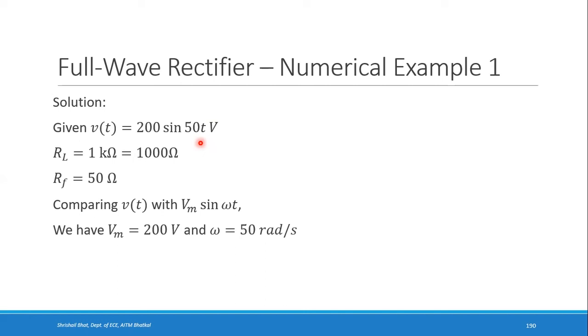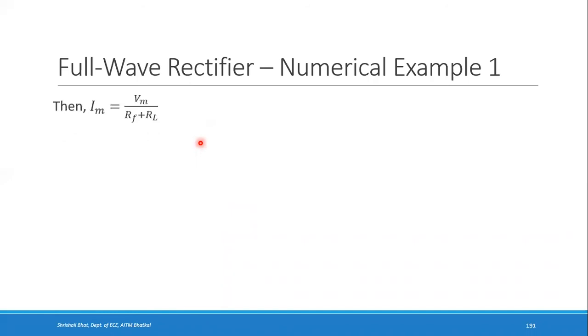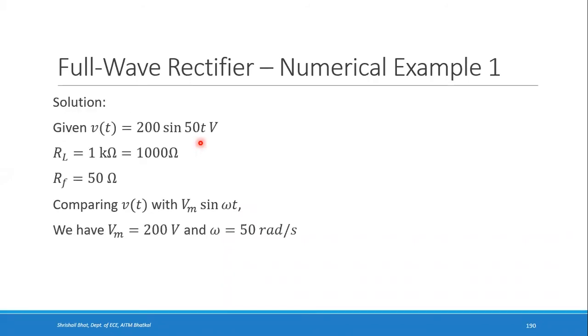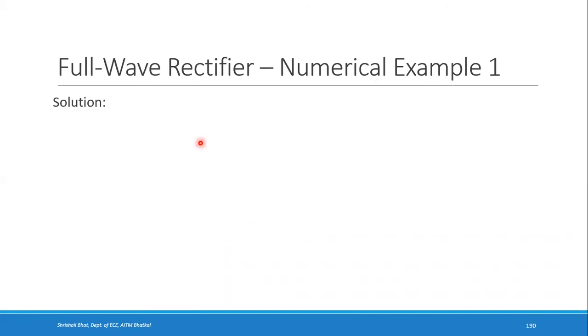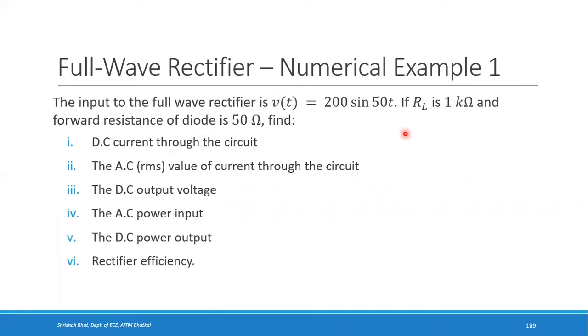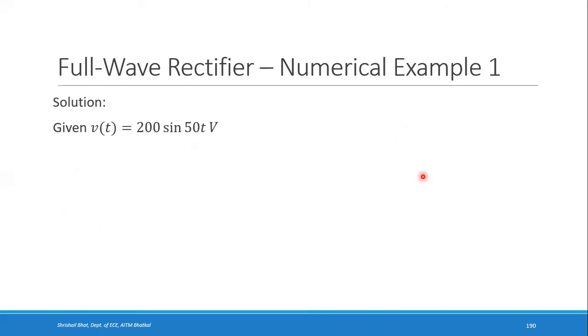So from this Vm, we can find Im. Once you get Vm, now see here the input is given as this. The turns ratio is not given. So we will assume that the turns ratio N1 to N2 is 1 to 1, and the primary and secondary voltages are the same, and we will continue. If turns ratio is given, then you have to find the secondary voltage and then continue. So when it is not given, we will directly take that as the value of V2 itself and we will proceed. Right? I hope you got that.